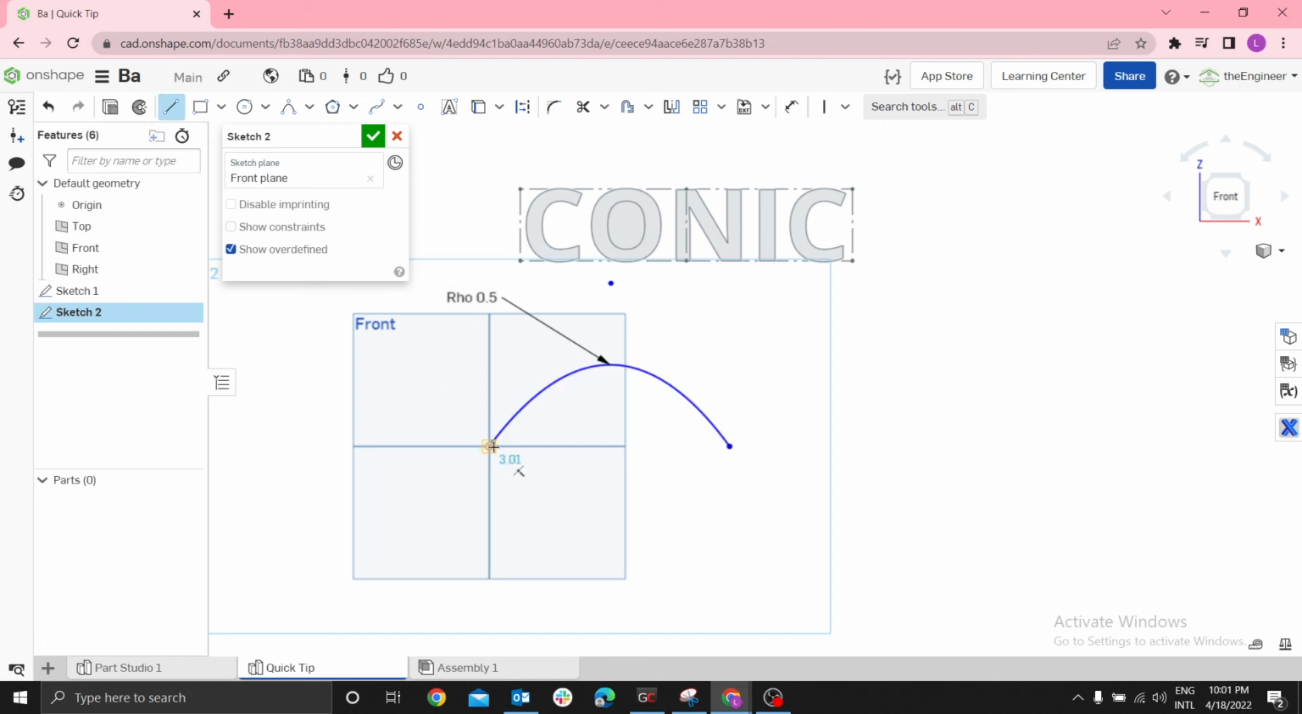Connect these 2 points using a line, then another line from this center to this point. You can use it for construction, then make this point and this point vertical. Let's dimension this height of my conic to 50